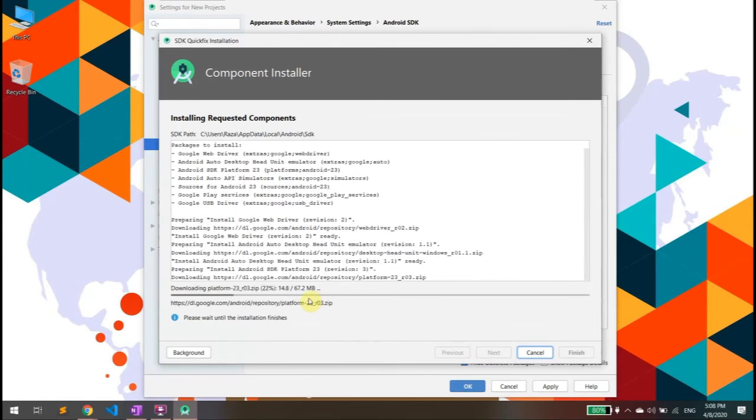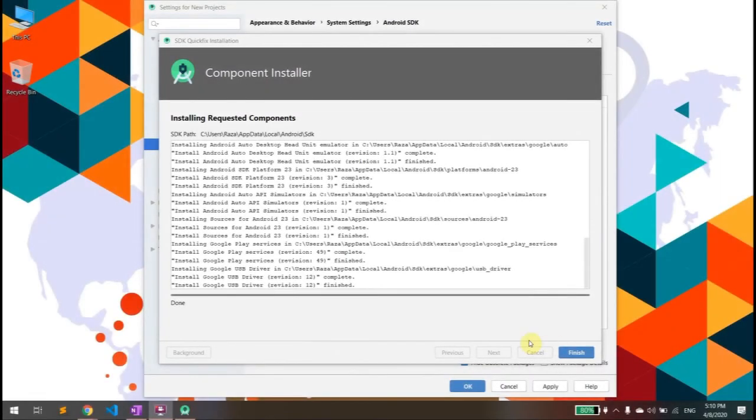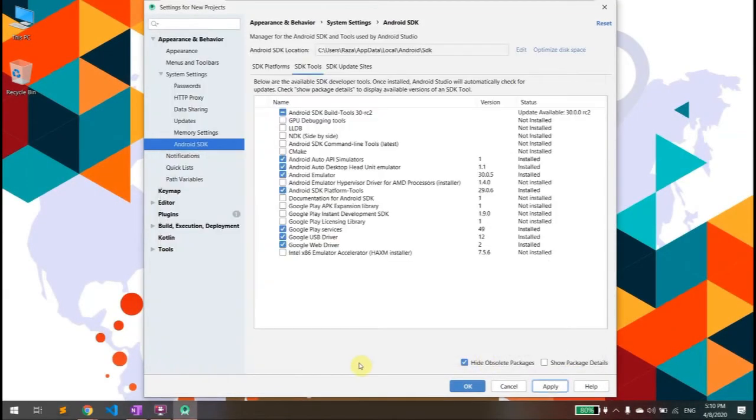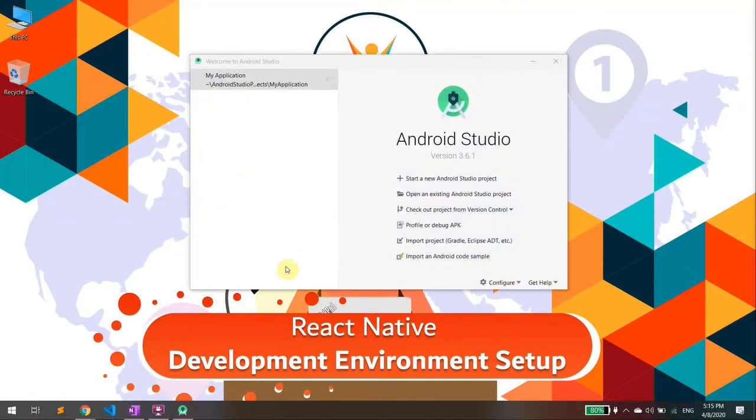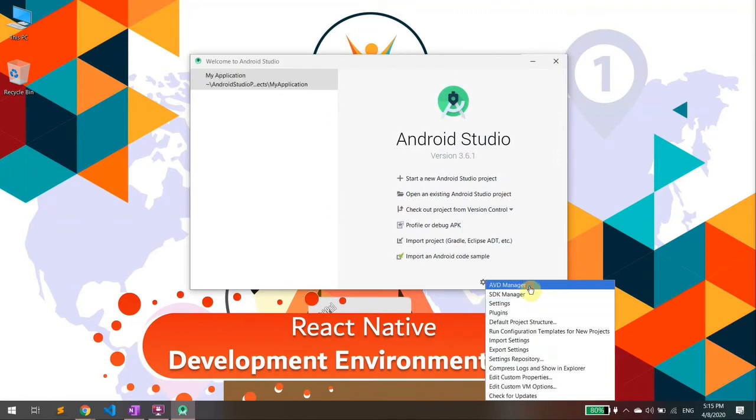So it's downloading all the SDK and the tools that we have selected there. Okay, it's done. Click the finish button. Okay, open Android Studio. We will add the new Android virtual device there. Okay, you have to go to the AVD Manager,